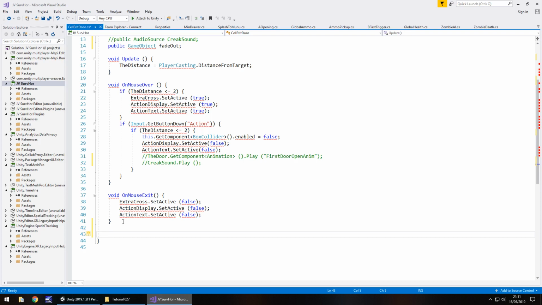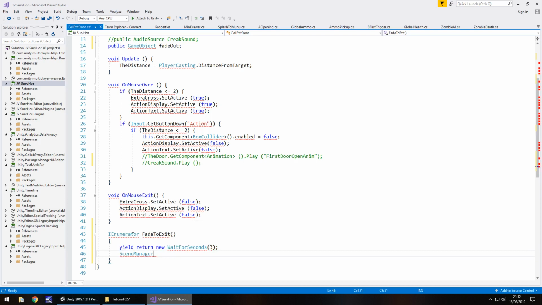And this coroutine is going to allow us to control time while we fade out. So I enumerator, and we'll call it FadeToExit, open close bracket, open curly bracket. And we're just going to say yield return new WaitForSeconds, and in brackets we'll wait for, I think it's 3 seconds. We'll say 3 for now, and then after that we will say